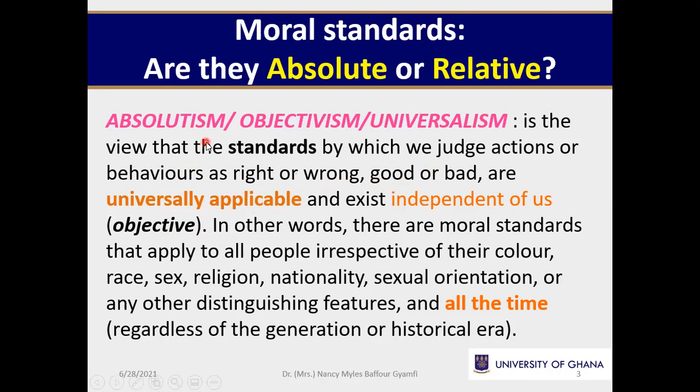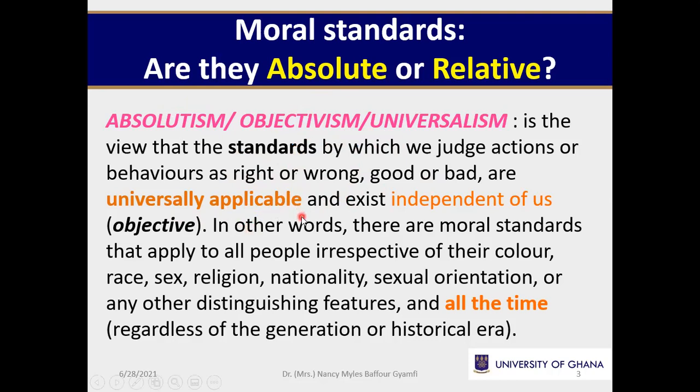So whether I feel good about it or not, if it is wrong, says who? The absolutists or the objectivists or the universalists. Those who hold a universalist posture when it comes to moral standards believe that such standards are not dependent on any special context, religion, culture, gender, background, what have you. No, they think it doesn't depend on that. If an action is wrong, it is wrong. Why? Because the standards are universal. So they are called absolutists or universalists.